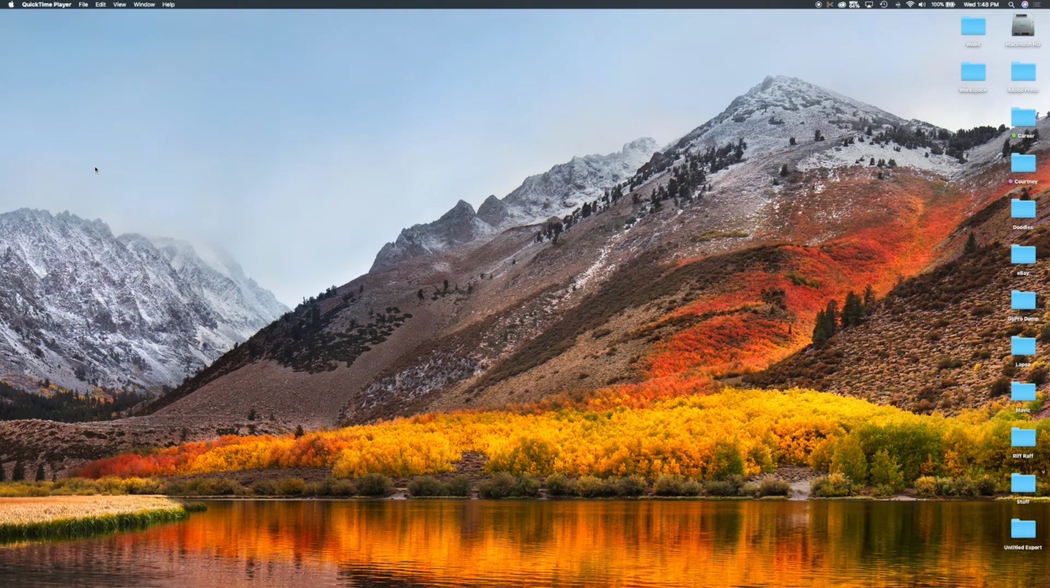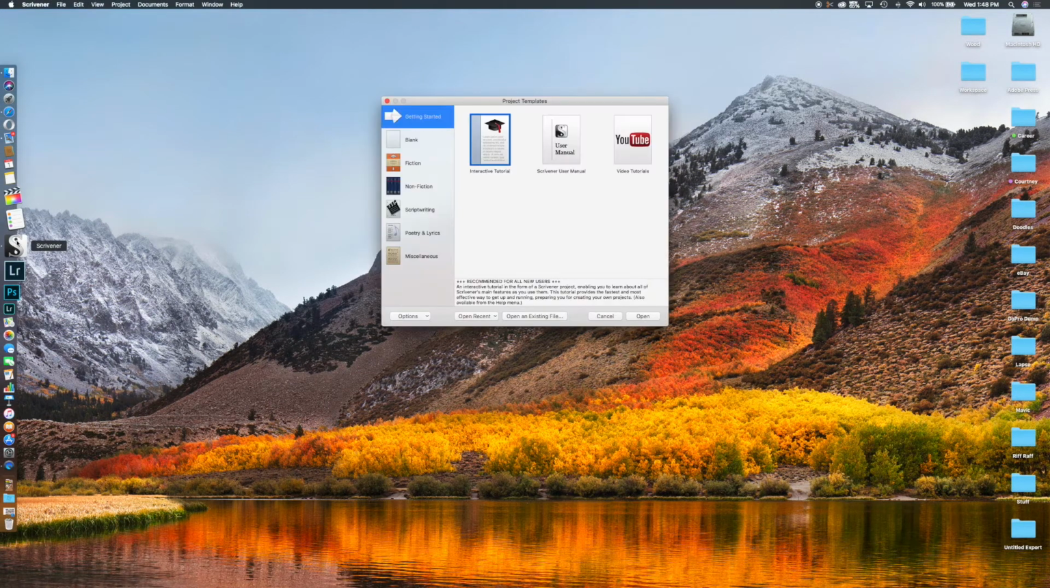But in the meantime, let's go ahead and jump right into the Scrivener program. And I'm going to set up my first novel, or not first novel, but the novel I'm going to do for this month for NaNoWriMo. Let's start. Alright, the first time I go ahead and click on Scrivener to open it up,